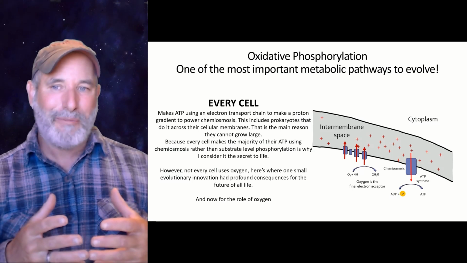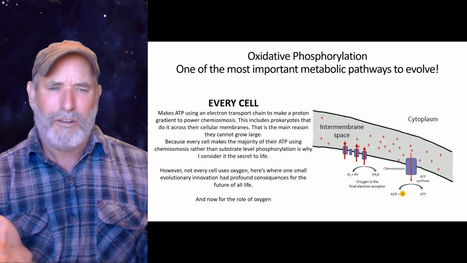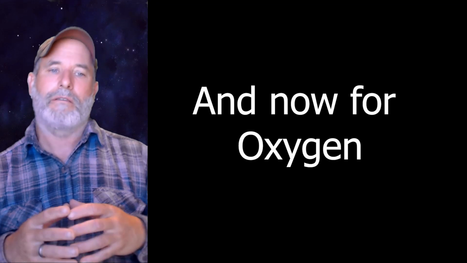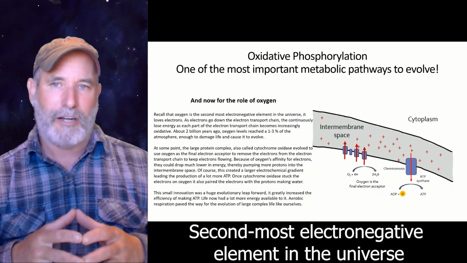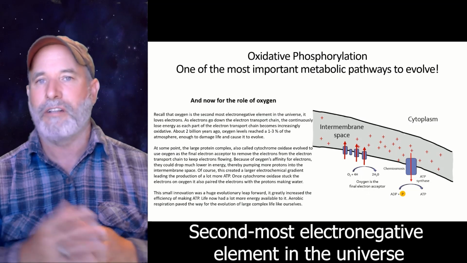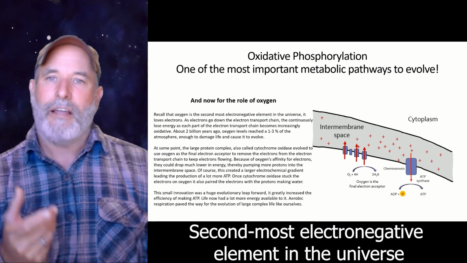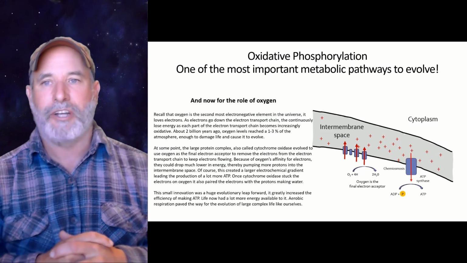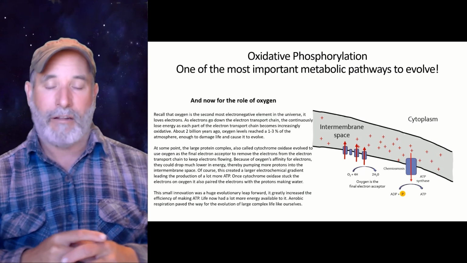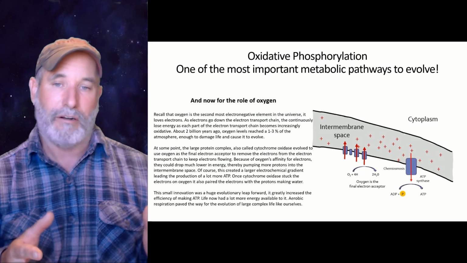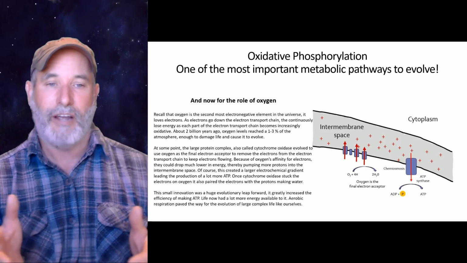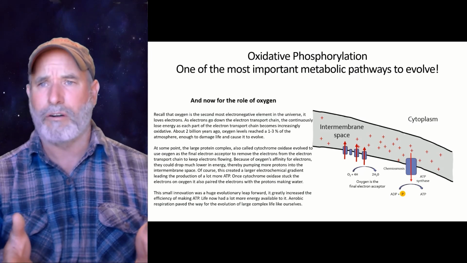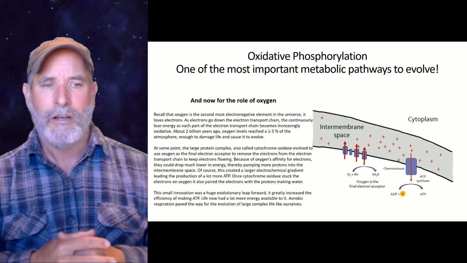So one thing I haven't talked about, oxygen. Where do the oxygen and water come into play? You need to know a little bit about oxygen, right? It's electronegative. It loves electrons, right? And if we've got an electron transport chain, and those electrons are going down the transport chain, you have to remove them. And like I said, there are some prokaryotes that don't use oxygen. They use nitrogen compounds as their electron acceptor. Nitrogen is more electronegative than carbon or hydrogen.